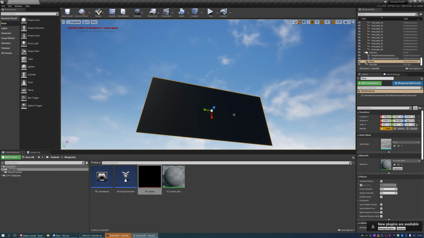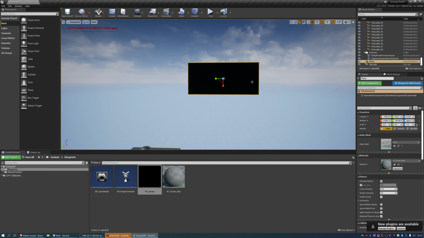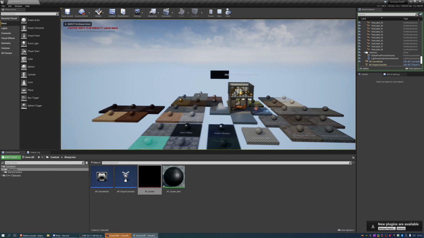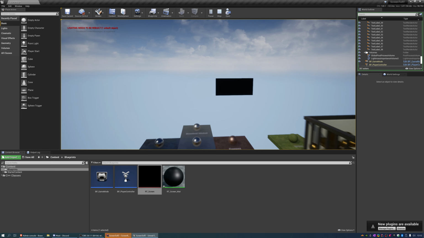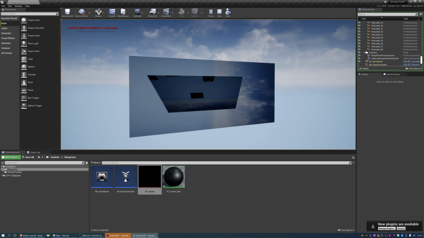You might want to make it somewhat the size of your screen, or at least the aspect. Otherwise it will be stretched. Okay, there's a lot of sound. Okay, and hit E. Now, as you can see,